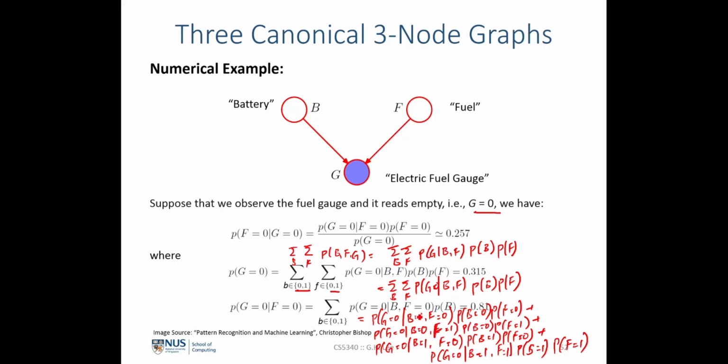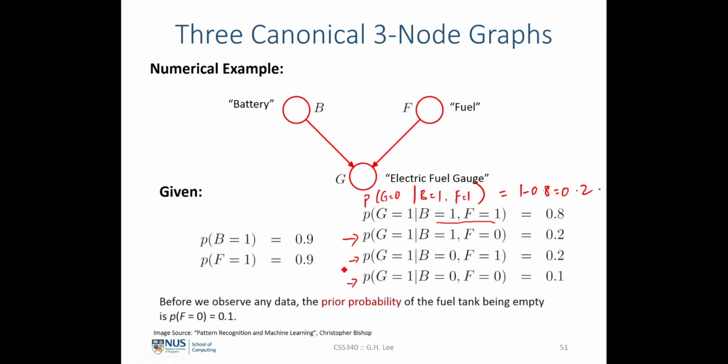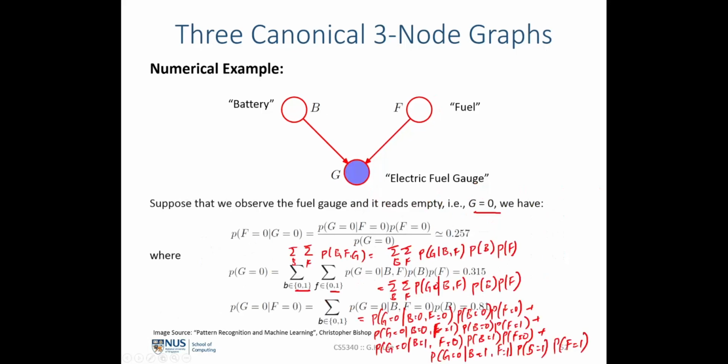where we can see that all these terms over here can be directly read off the tables that are given to us previously, and we can compute the marginal probability of G=0. And the next thing that we need to compute would be this term in the numerator,